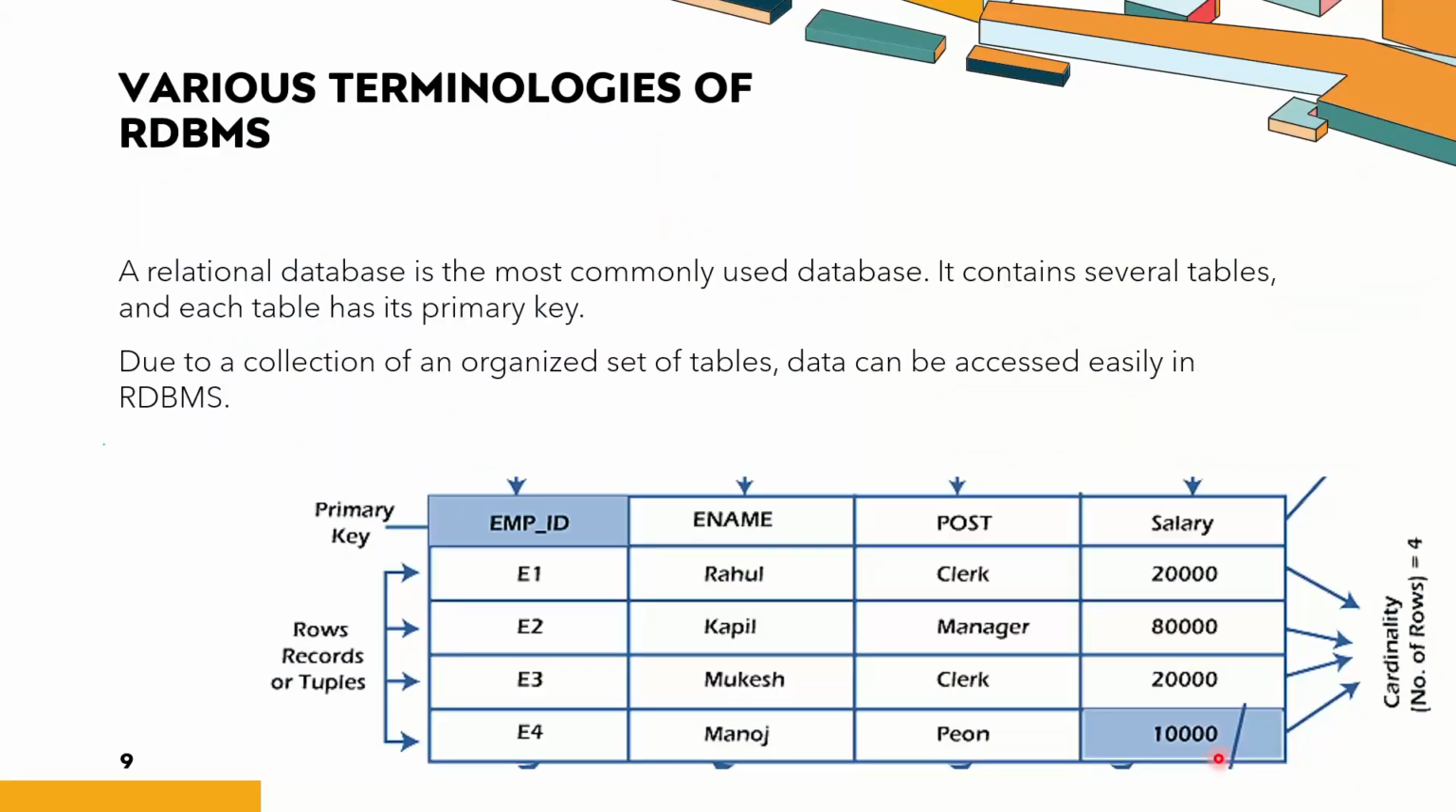So here we need to understand some of the terminologies of RDBMS. If you see this table, this column we call a field. In the RDBMS we call these columns fields. These columns are fields and rows are tuples. The first column, the first field, we have given a primary